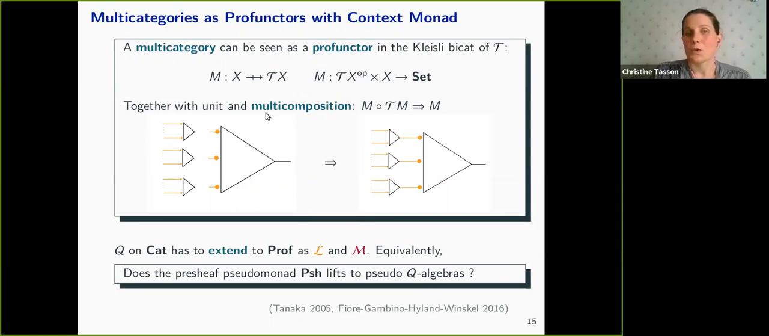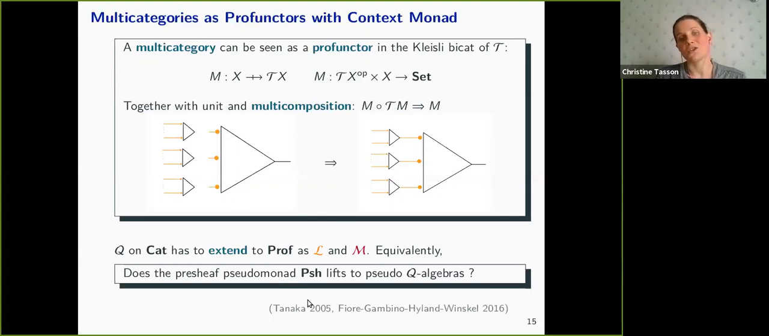Okay. So for the multi-composition, you take an operation in M, and you take a sequence of operations, which is actually in TM. That means that I am applying T to Prof and not to Cat. So I have to extend T from Cat to Prof. And to do that,